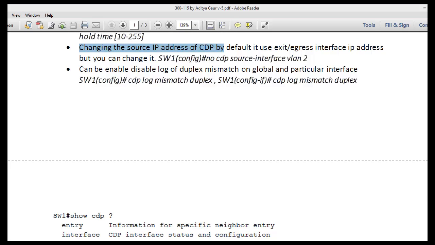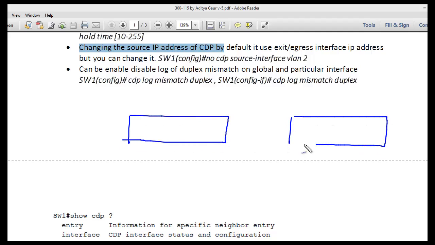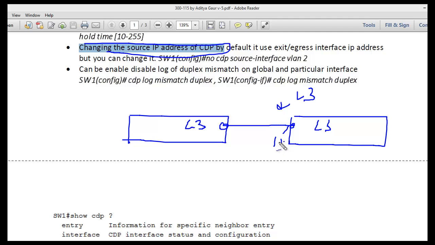Sometimes you may be confused about what I am telling, so let me elaborate on this statement. Suppose this is a layer 3 switch, and you connect a port that is not a switch port, that means a layer 3 port, and you assign an IP address 1.1.1.2, and the other side has 1.1.1.1.